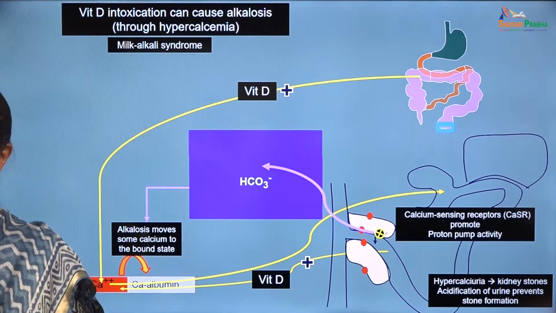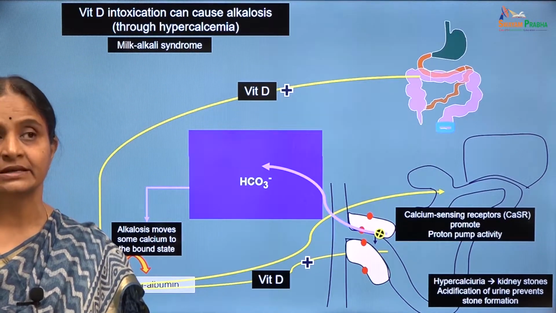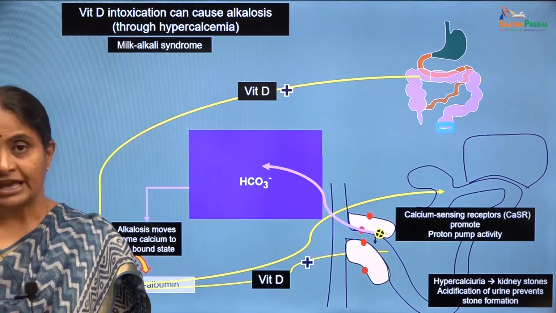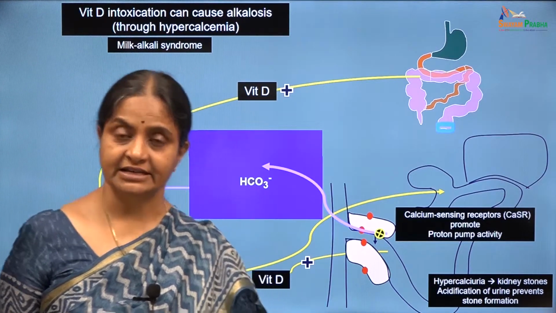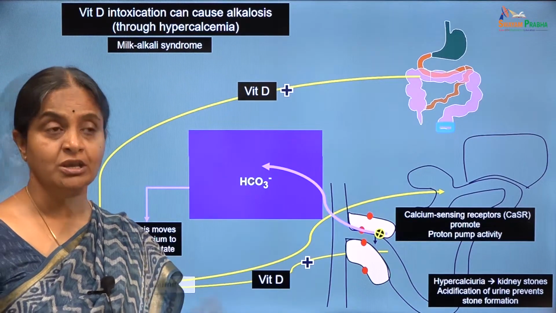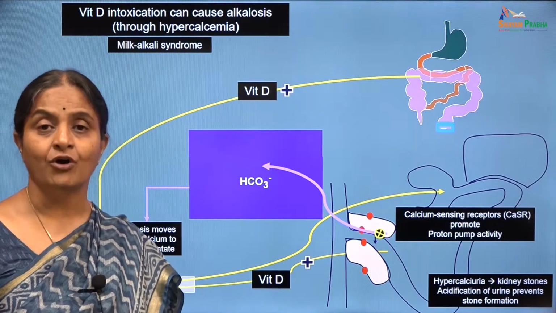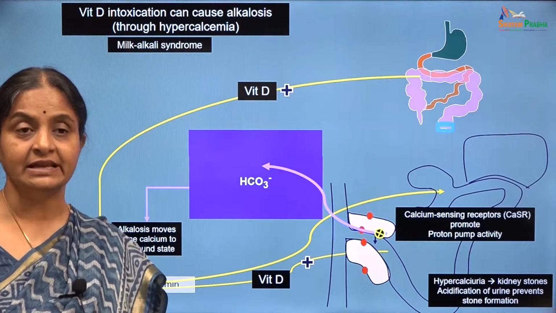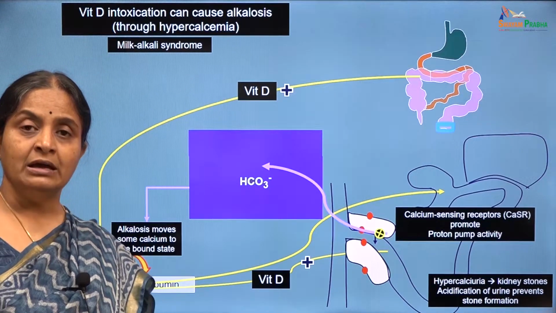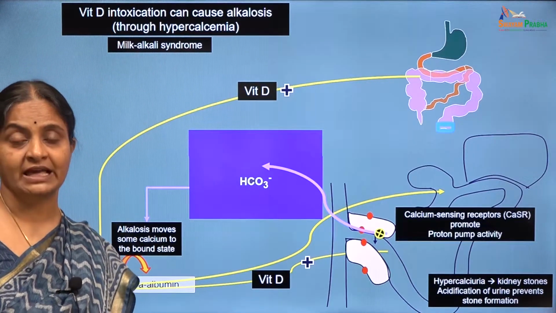Milk alkali syndrome was a common diagnosis of metabolic alkalosis prior to the 70s, it is said, but once there were other forms of treatment available for peptic ulcer like H2 receptor antagonists, cimetidine, ranitidine, etc., and further advent of gastric proton pump inhibitors like omeprazole, there was no need to use this form of treatment and the incidence had fallen considerably. But of late, it is said that there is an increase in the incidence of hypercalcemic states leading to metabolic alkalosis. As much as 12% of metabolic alkalosis